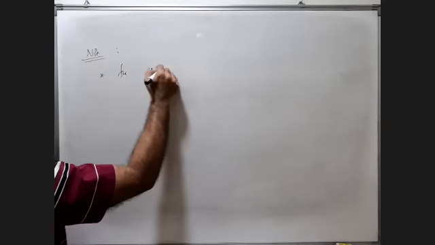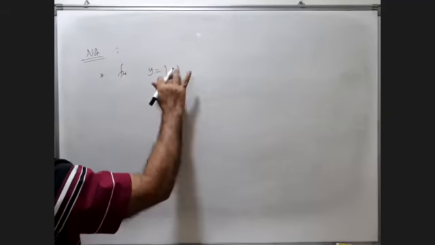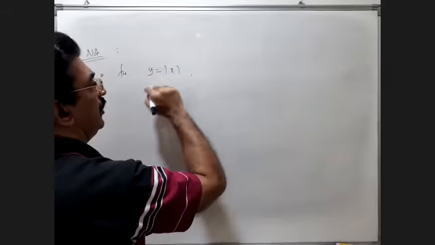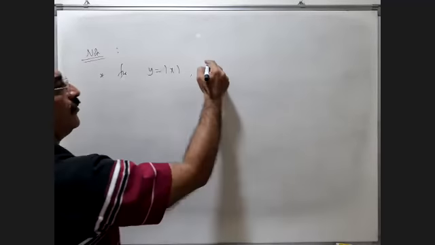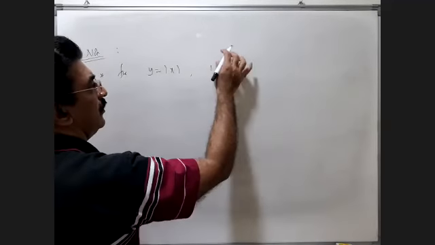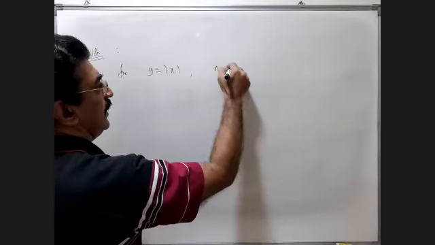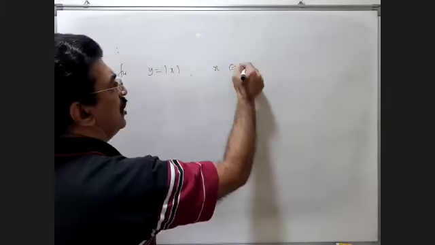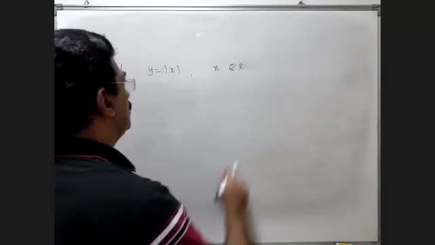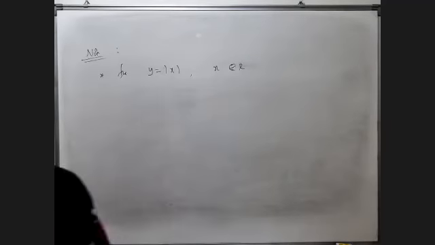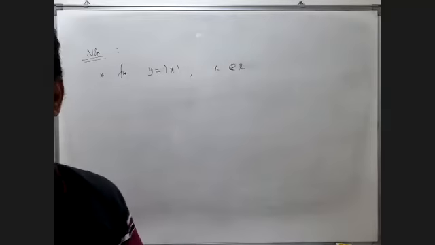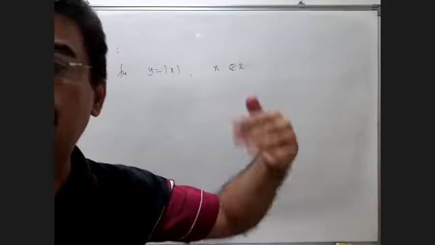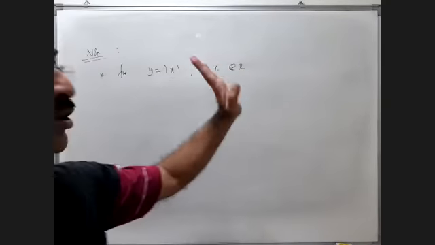For y is equal to modulus x, x belongs to R. For finding the modulus of any number, that number can be anything. It can be positive, negative, zero, fraction, whatever it may be. Now, whereas y